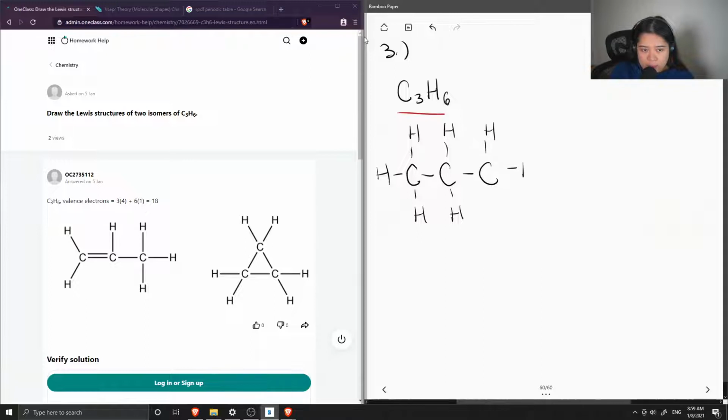So this is the simplest hydrocarbon that you could get if you had 3 carbons and hydrogens. So now at this point I like to count to see how many I've drawn. So I have 3 carbons obviously, and then 1, 2, 3, 4, 5, 6, 7, 8. So we have more hydrogens than we need. So at this point, if I were to remove some of the hydrogens, so let's say I remove 2 of them,